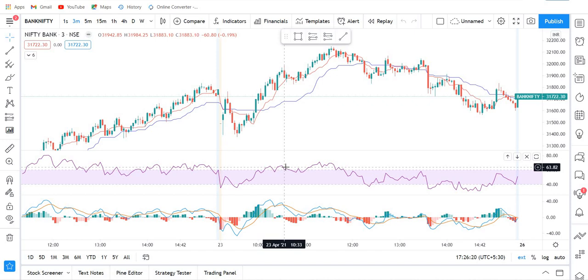So I hope you understood the strategy completely. 3 things, always remember: Ichimoku by HPotter will be using only Kijun and Tenkan, and then RSI 60/40 setting and the MACD 5, 8, 3 setting. So this is going to be our setup. Buy when Tenkan rises above the Kijun, RSI crosses above the 60 level, and MACD happens to be above the zero line. Sell when Tenkan comes below the Kijun, RSI crosses below the 40 level, and MACD happens to be below the zero level.